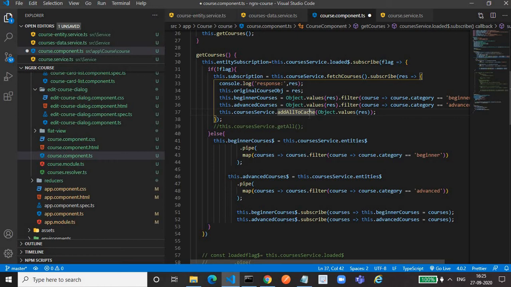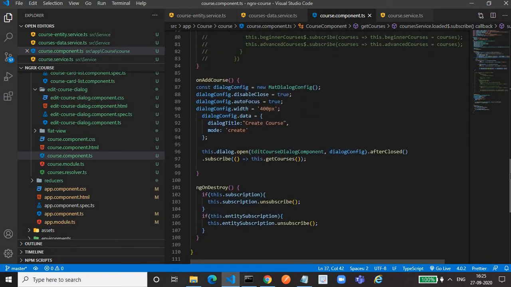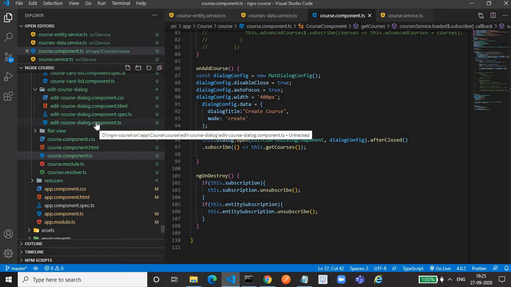Okay, this is how we can fetch the data from the database using the get method. Now we'll see the add method, the add course method. For that, we have to go to the edit dialog.